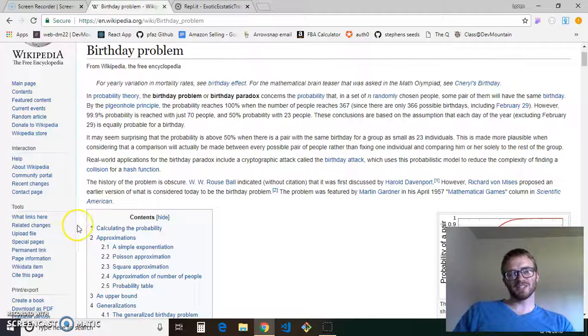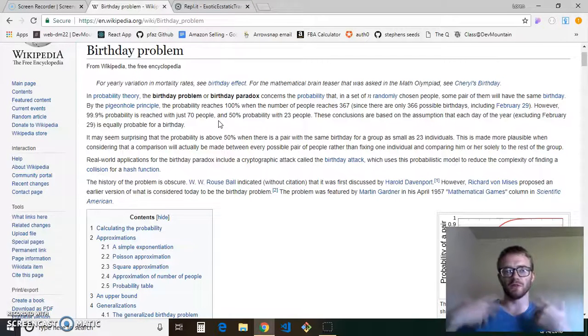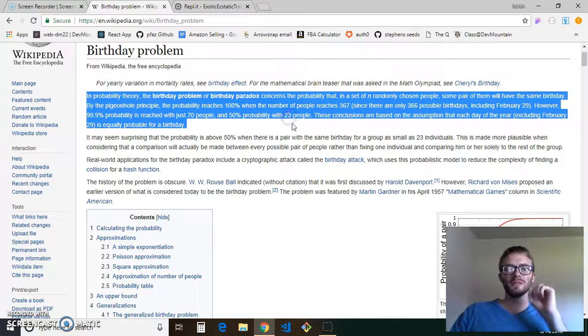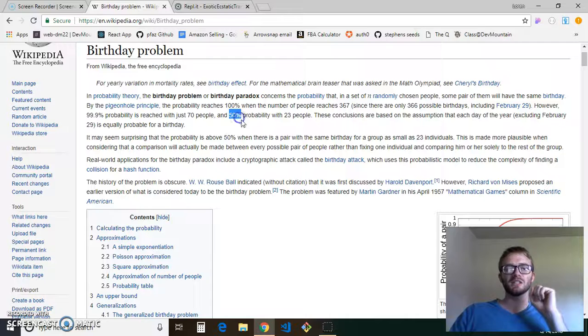So there's a really interesting statistic that I found that says if you put a certain number of people in the same room and ask each person what their birthday is, there's a higher likelihood of two people sharing the same birthday than you would initially think. If you count leap year, there's 366 days in a year, 365 in a normal year, right? So once you get up to 366 or 367 people in the same room, you're guaranteed to have a duplicate birthday. But statistically, if you just put 23 people in the same room, there's a 50% chance that you'll have a duplicate birthday in there somewhere,